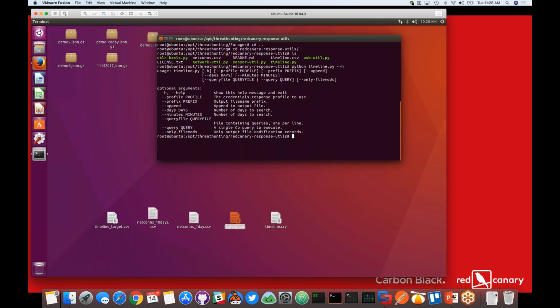So very similar, all the Red Canary utils are very similar in our help. We tried to make it to where you can search based on days, minutes, and a query. So if you want to say Python timeline, you can say query hostname Mike. You know, you could put my computer name, you could do username. You want to know all the user-based activity that's happened out there. And then you see this last one here. You only want to collect file mods. I want to know about someone who plugged a USB drive in and collected a bunch of file mods.